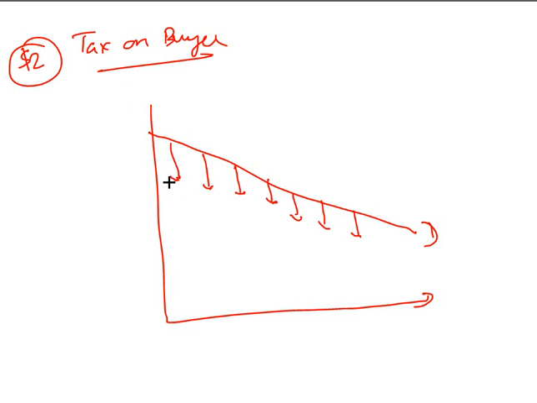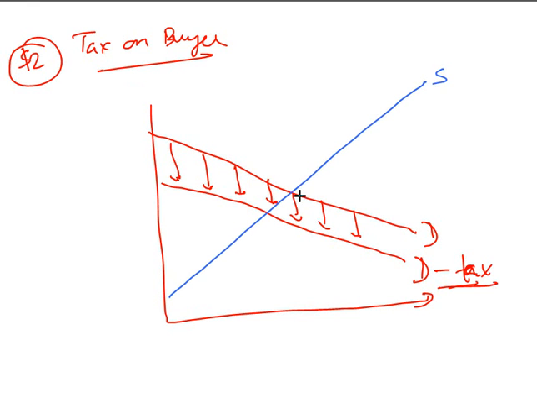So your result will be your demand will decrease by how much? It will decrease by the tax amount. So this is your demand minus the tax. So this is the demand you have. And what about the supply? Supply will remain the same. So what happens is, this was your equilibrium quantity. Since the demand has come down, the quantity that you will produce will be again lower than the